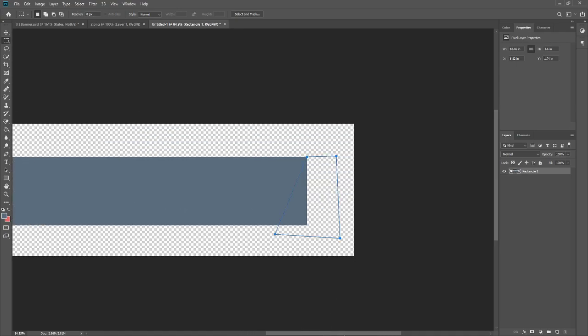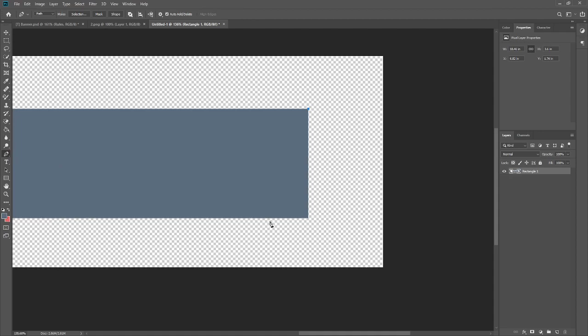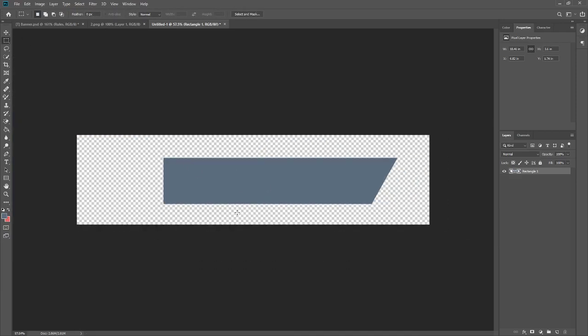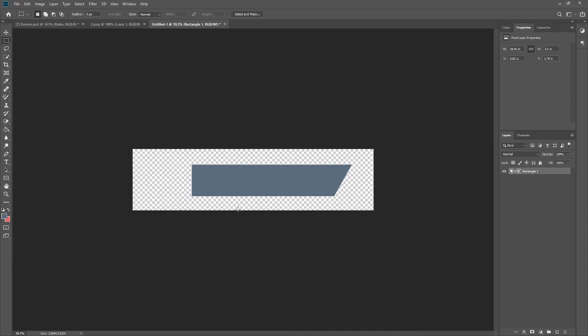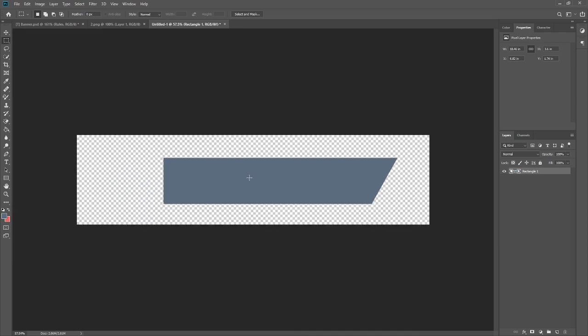I mean, it always depends on you and how much of a slant you want. I'm not content with that slant. It's not slanty enough. I'm going to go ahead and try again. This might be too slanty. Delete. Actually, I kind of like that. I'm going to go with that.